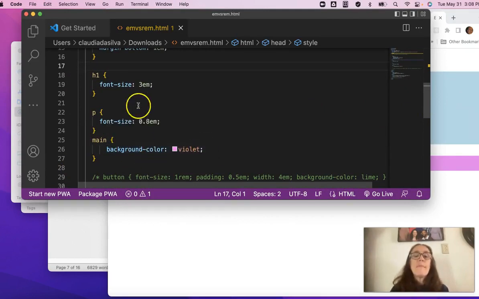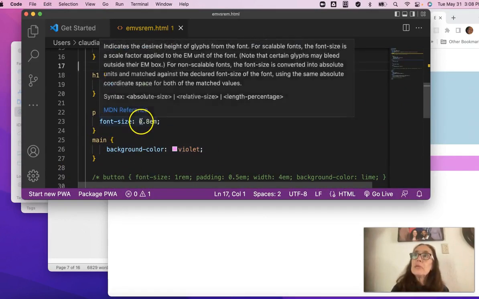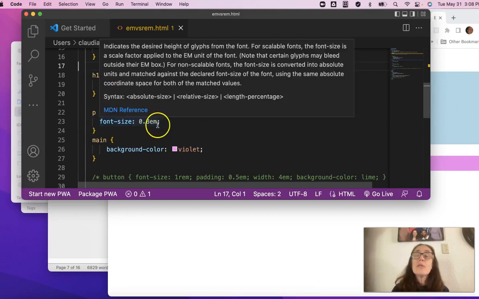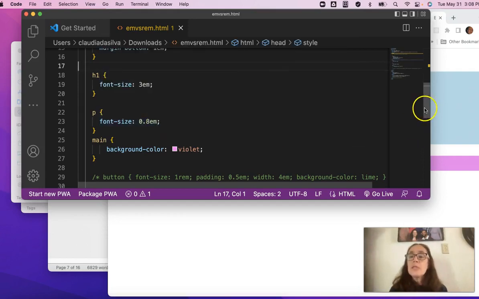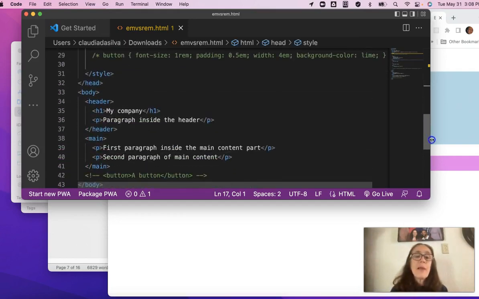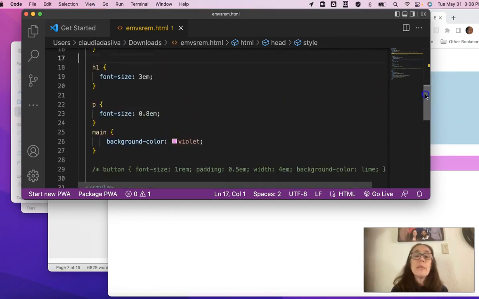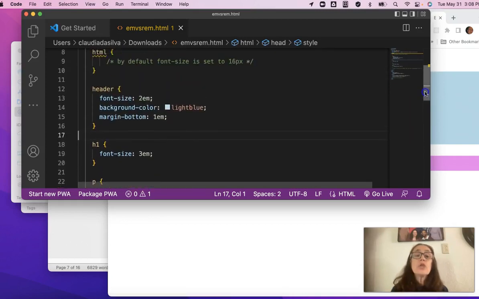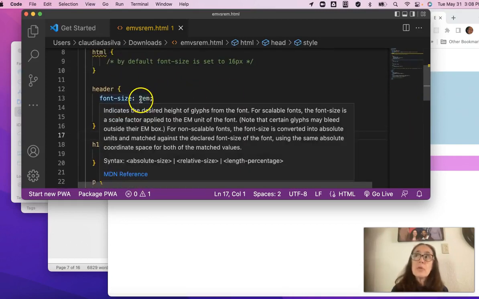So for the main content, for the 2 paragraphs inside the main, this font size 0.8 is referring to the browser. But for this paragraph inside the header, because it's EM, it's referring to the parent, which is the